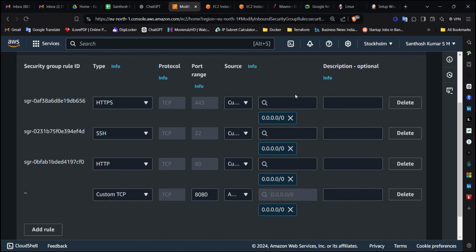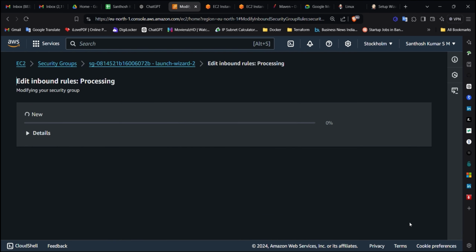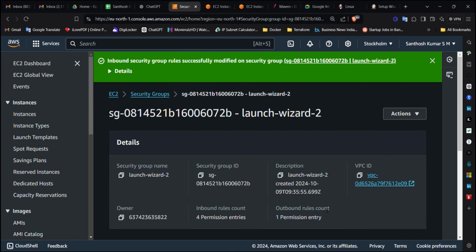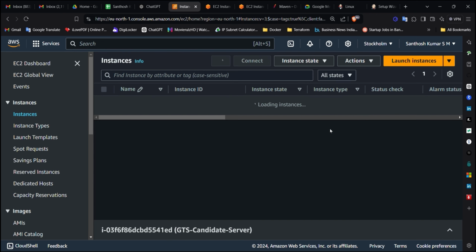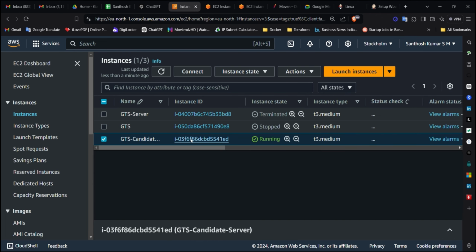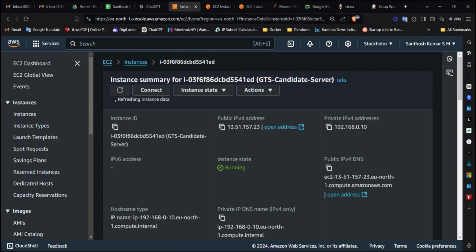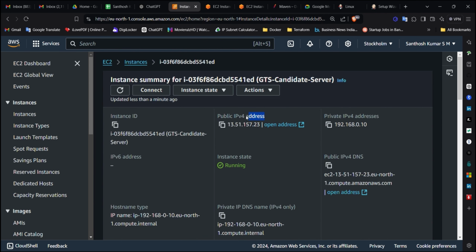And here select all traffic and save the rules. So after that go to your instance. Here you have to copy the public IP address, copy that